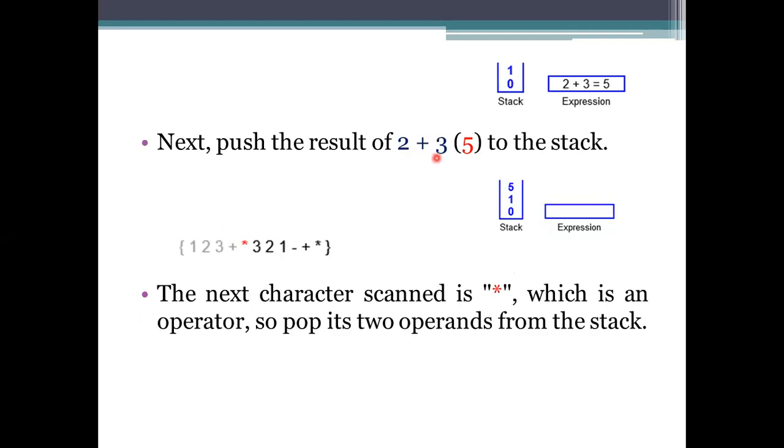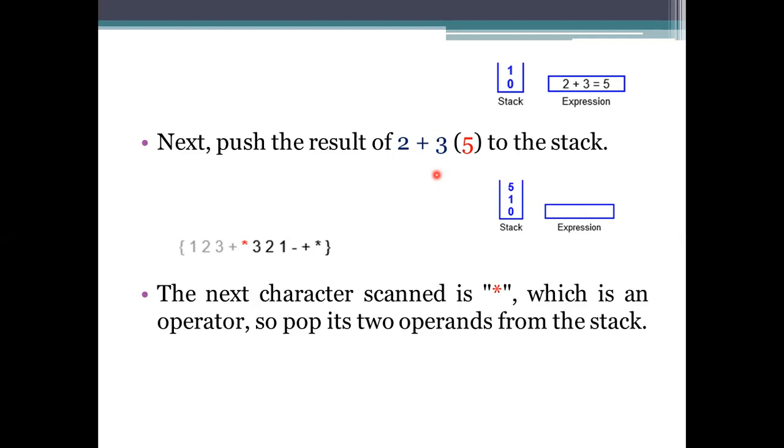So after getting the value 5, it needs to process further. When we are dealing with a postfix expression, it continuously reads the characters. Whenever the character is an operand, it is stored into the stack. If it is an operator, it has to apply its functionality on the operands that have been added into the stack.